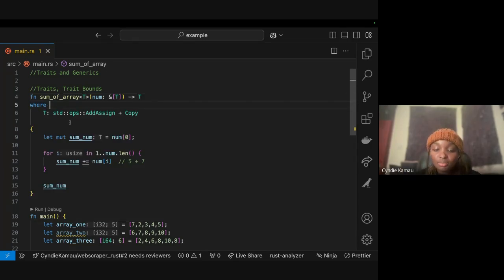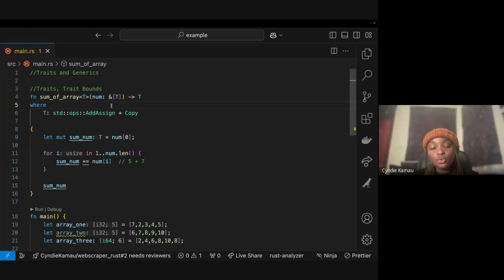So this is just to show you guys the importance of traits and generics. Before we continue, since this will be important, I will show you guys where it is used in smart contracts. Do we have any questions, or we can continue?